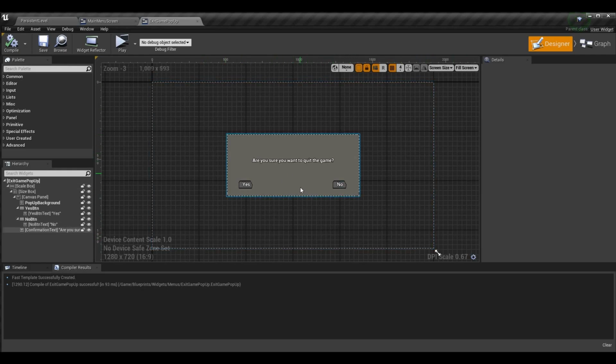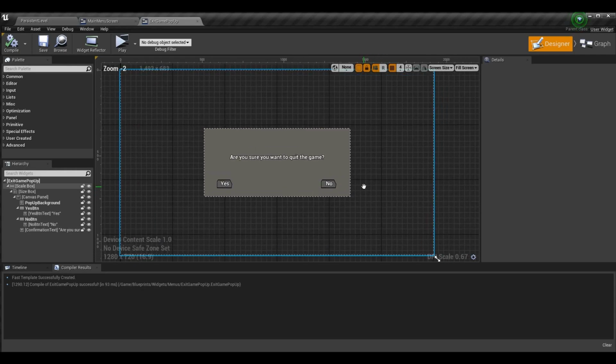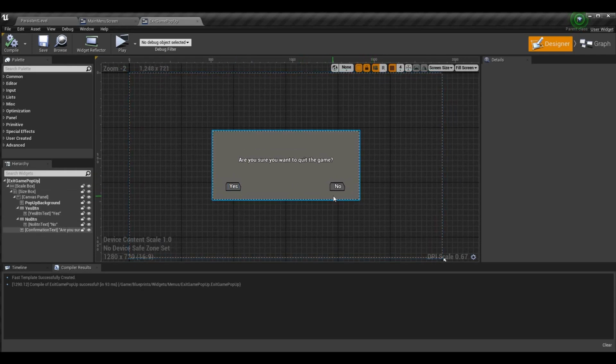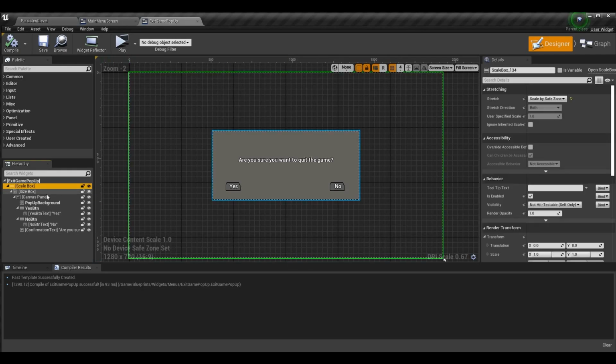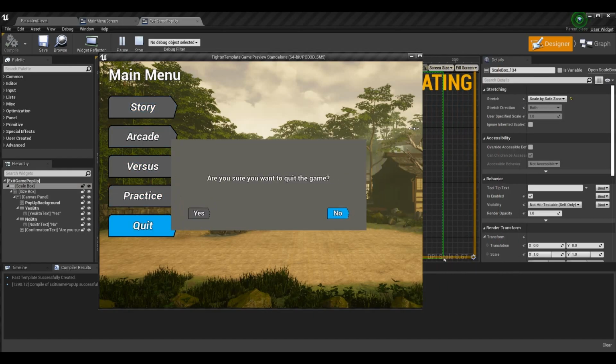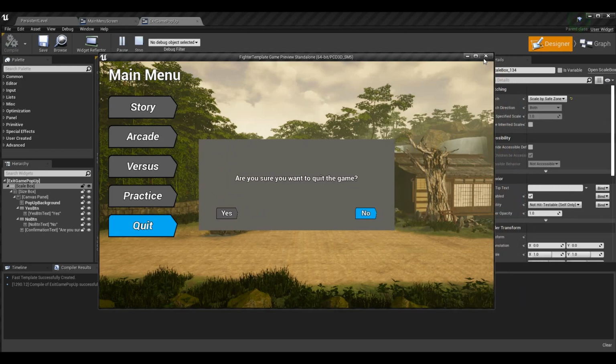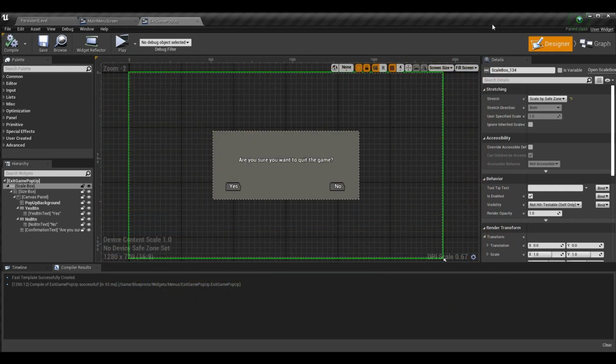So to set it up, I made it a very simple one. I didn't use any actual assets. I didn't create any assets. I do use my custom buttons that I made. They are shrunk down a little bit here, so they look maybe a little bit funny, but this should be good enough. I do use scale and size boxes so that this will scale with the screen, and it will be in the center of the screen. I have an episode on that if you'd like to check it out. It'll be in that iCard in the top right corner. But anyway,